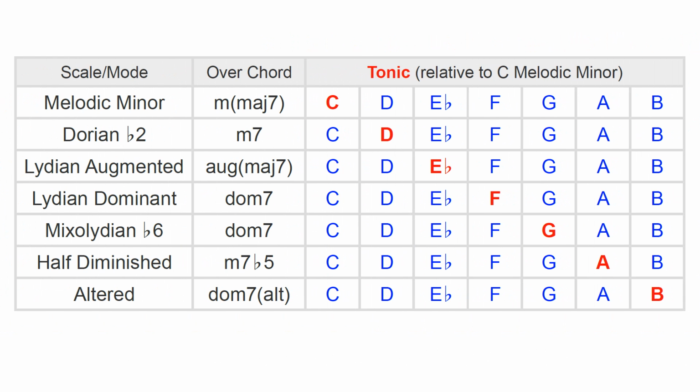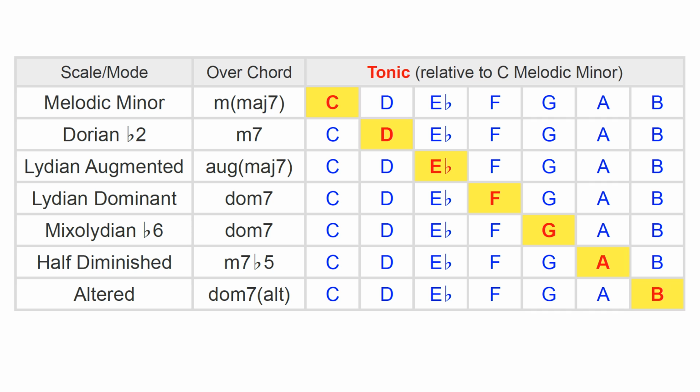Like the major scale and harmonic minor, melodic minor can be seen as the parent scale of 6 related modes that can be used over a variety of chord types. Each of these modes can be thought of as starting on a related degree of melodic minor, so they all use the same melodic minor roadmap, and therefore any of our melodic minor patterns and licks can be used to